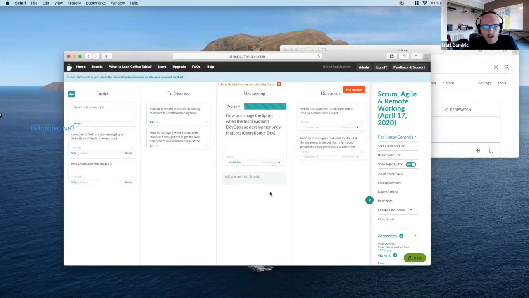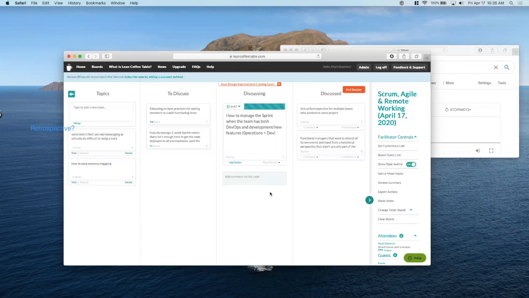So this one is from Karen again. Karen, would you like to talk about this one a little bit? Yeah, okay. The team is partly focused on operational day-to-day work, and half the team is focused on developing the new functionality. We've been struggling with how to account in the sprint for work that is research or investigation